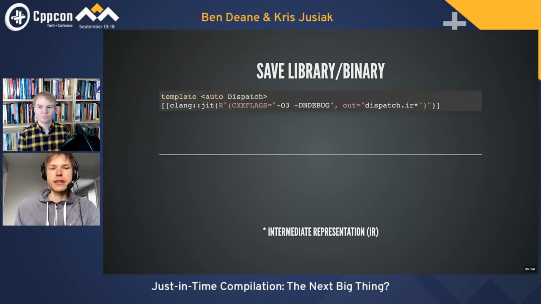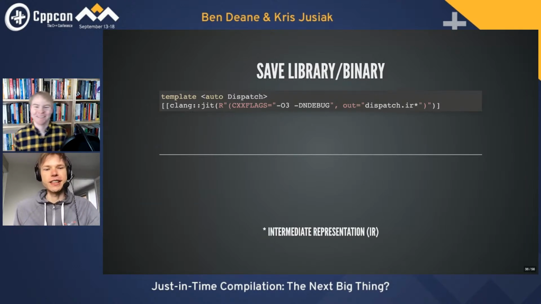So let's imagine that the JIT attribute for our dispatch function will have these additional flags, because we would like to, for example, make it as fast as possible. We'll do O3 or O9, if you listened to the keynote, with debug,